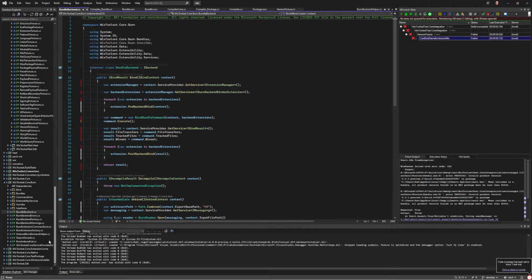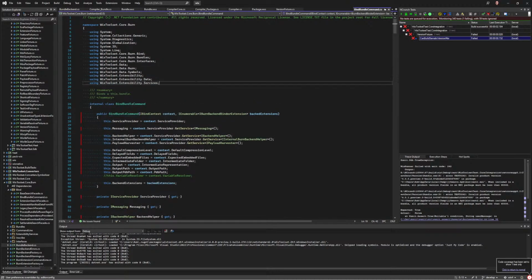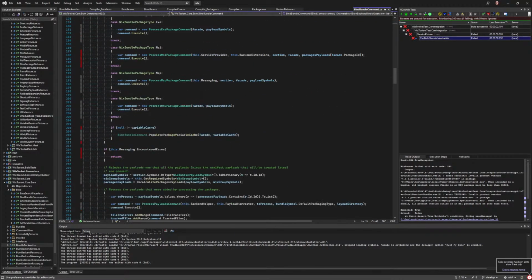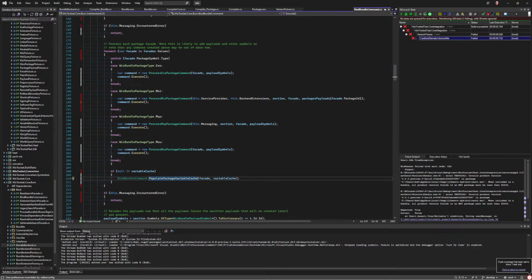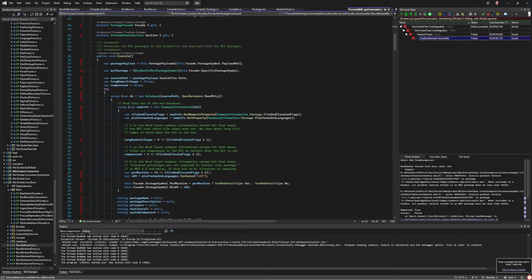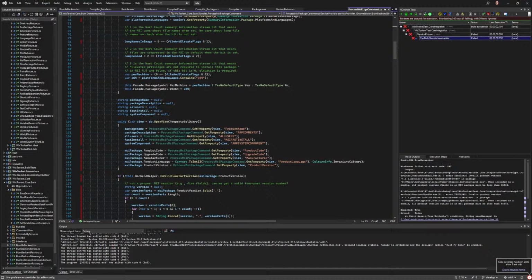Yes, we are to the backend. Oops. Burn backend. Bind. Bind bundle command. Yes, in here. Okay. So, all right, we got to encountered error, populate variable cache. No, there it is. Process MSI package command. That makes sense. This is actually the things that need to be done on the version, or on the